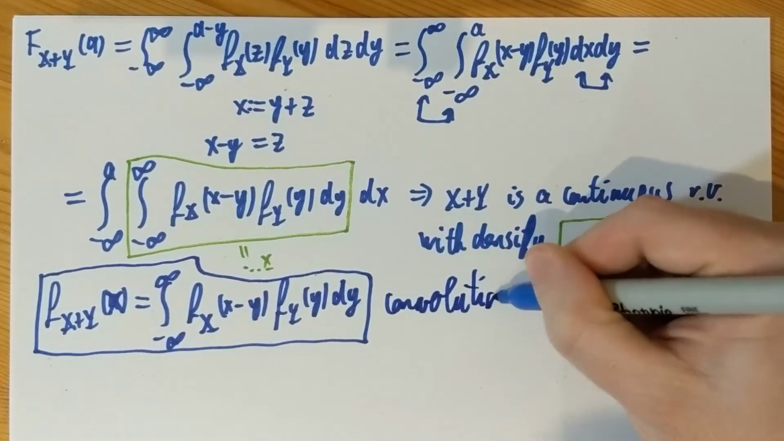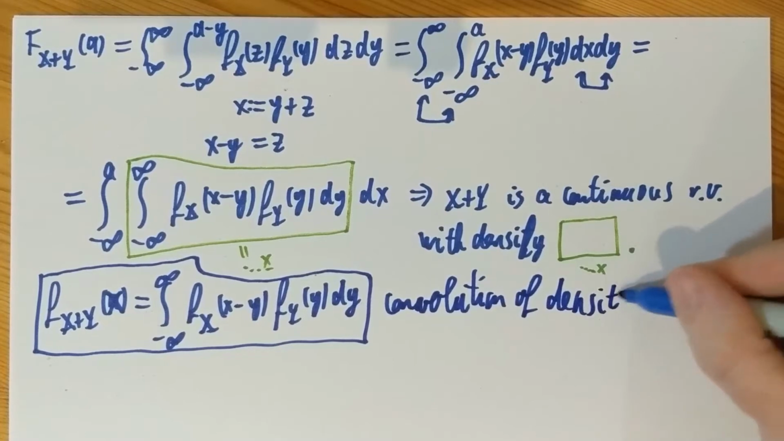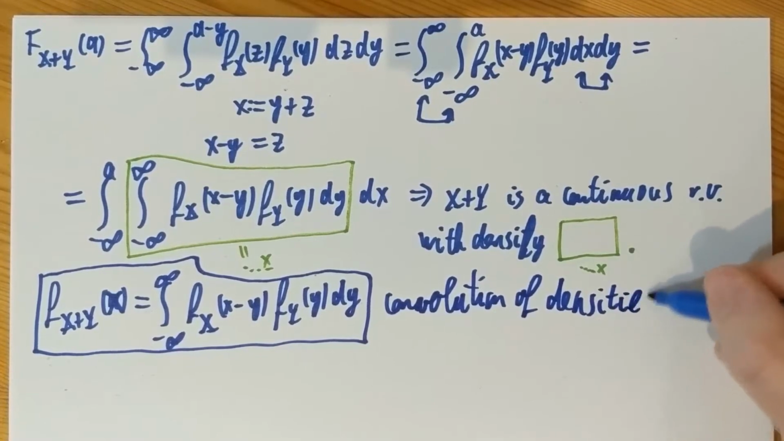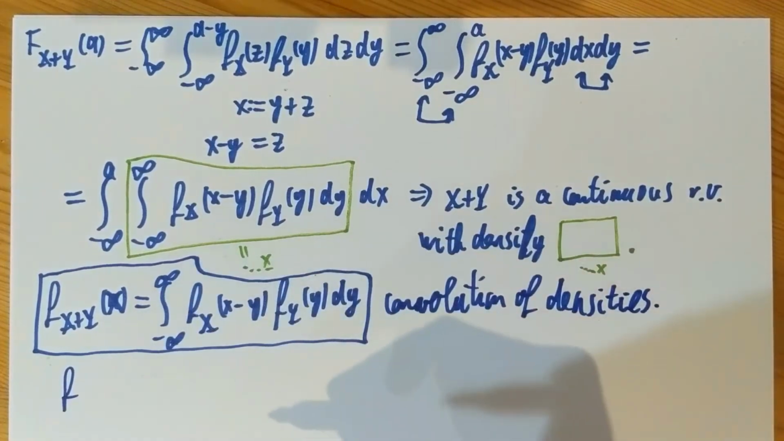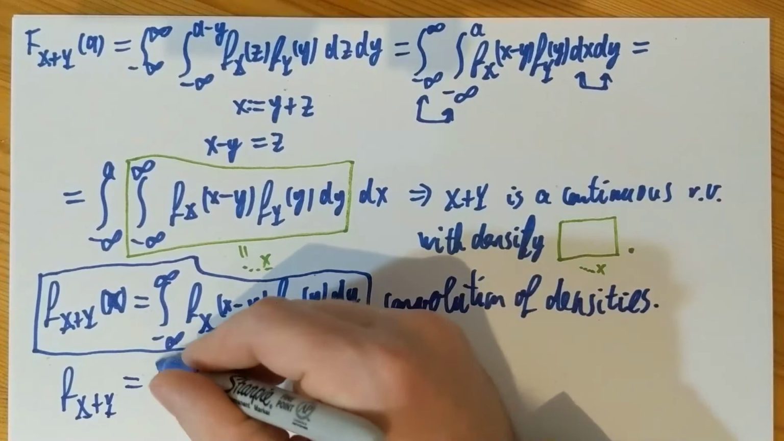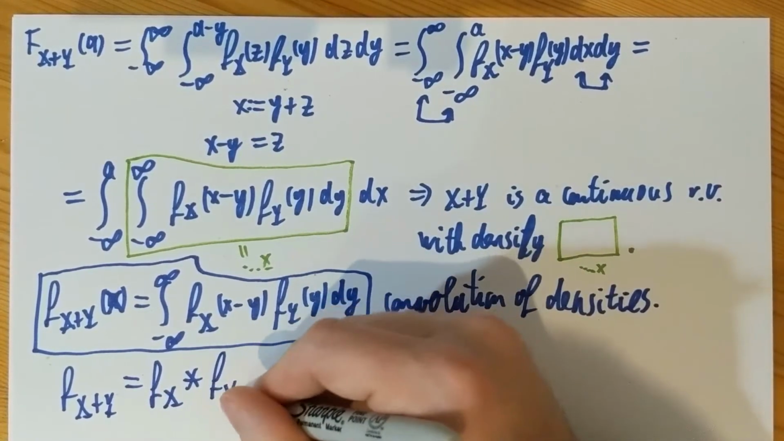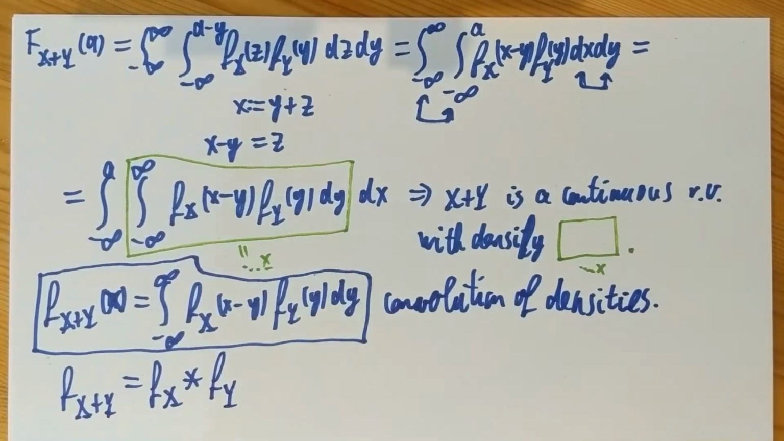Convolution of density functions, or probability density functions. I'm just going to write densities. People also write f of x plus y is f of x convolution, denoted by star, f of y. Now, in a previous